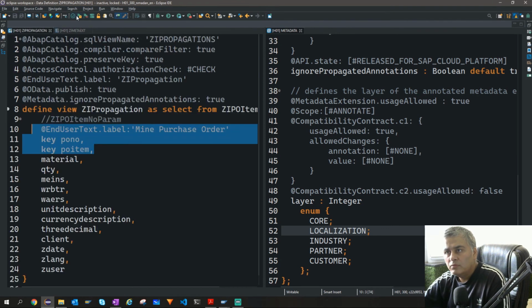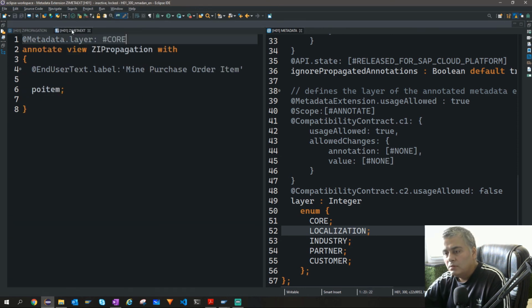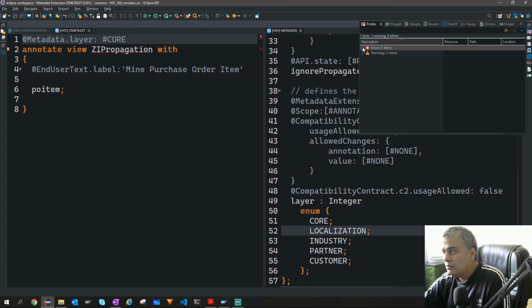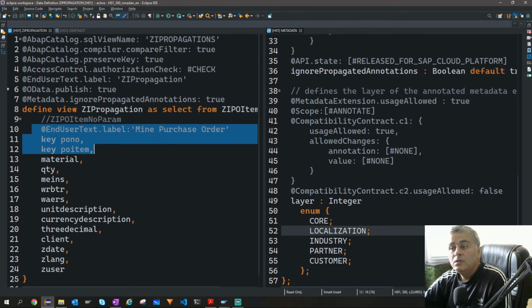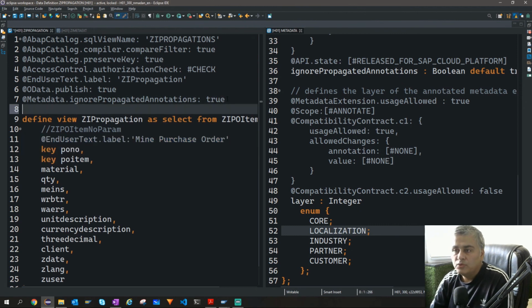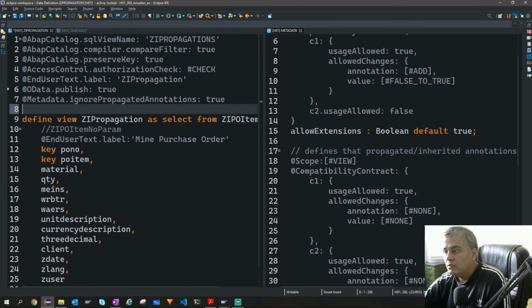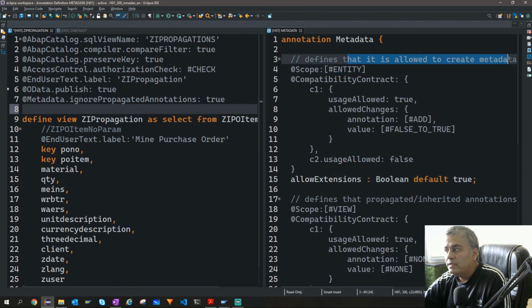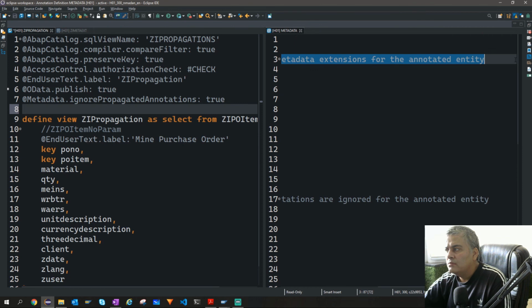Activate this view. This is already activated. Let me try to activate this now. We have some errors, so let's look at this error. Annotation metadata dot allow extension missing in the parent one. Oh, yeah, I know. So basically, in case you want this view to be annotated by an external file, you need to use this allow extension,